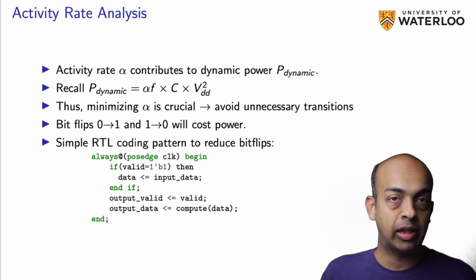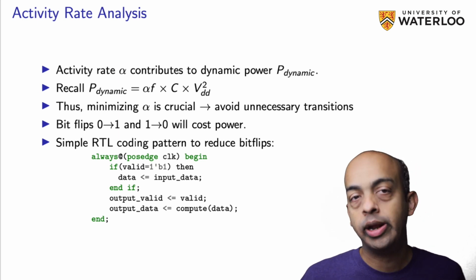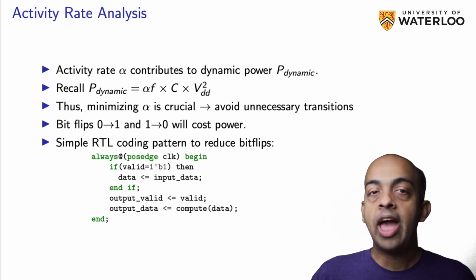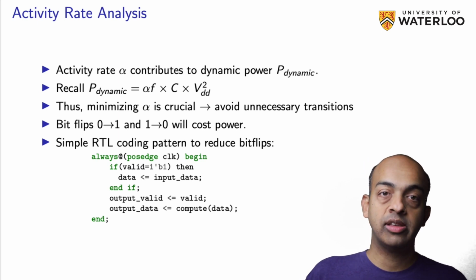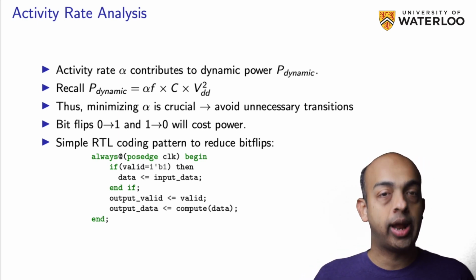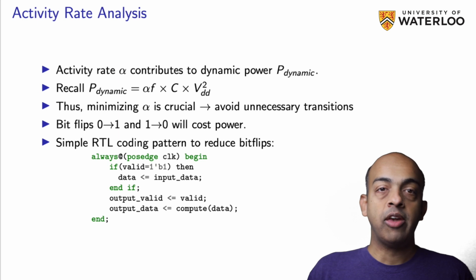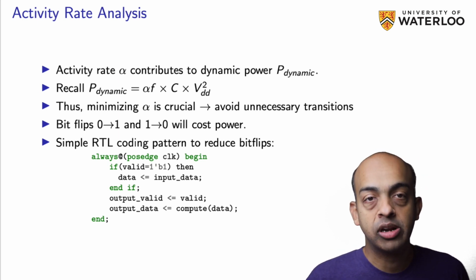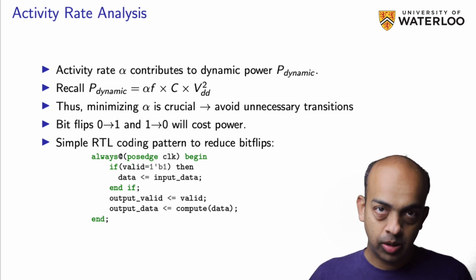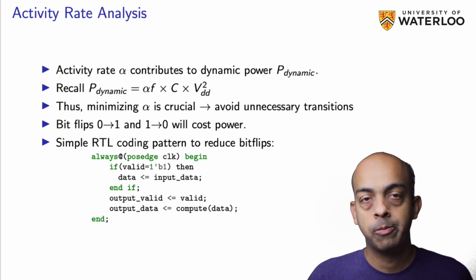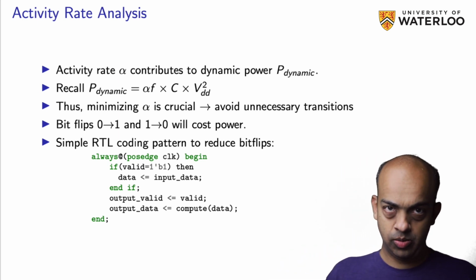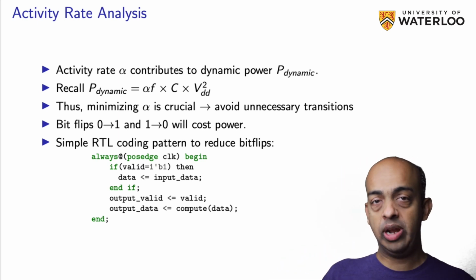So if you have a data valid signal along with your wide 256-bit wide data bus, you can add this if condition. So what this does is it only updates data if required, right? If valid is 0 and there's garbage data on input, why propagate that garbage data down your circuit? Because it will consume unnecessary amount of power, right? So you can add that if condition, and that's going to reduce spurious transitions on the data signal, which then